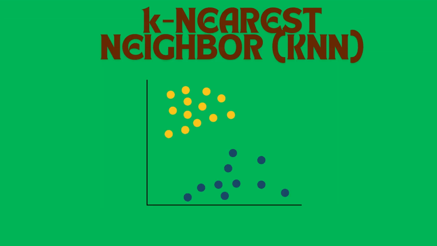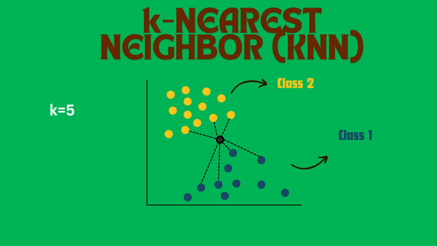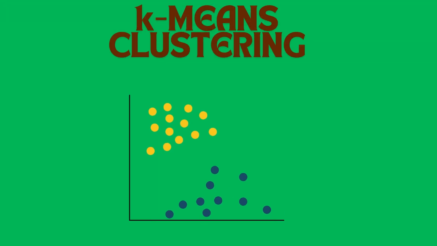Now, in k nearest neighbor, based on a training dataset, classes are already defined. What k nearest neighbor does is it takes the input data point and calculates its distance from the other data points to put the input in a particular class. K is a value that is defined by the user. Now, if the user says that k is equal to 5, then k nearest neighbor will consider 5 nearest neighbors of the input data point to determine which class the input point should be put in. But if k is equal to 1, then k nearest neighbor will consider only one nearest neighbor of the input data point. But don't confuse k nearest neighbor with k means clustering. First of all, k nearest neighbor is used for classification, whereas k means is a clustering tool.